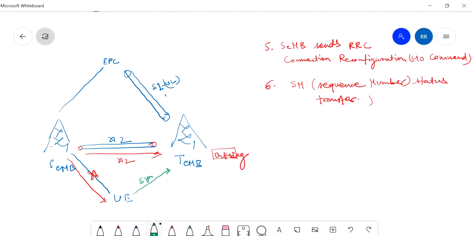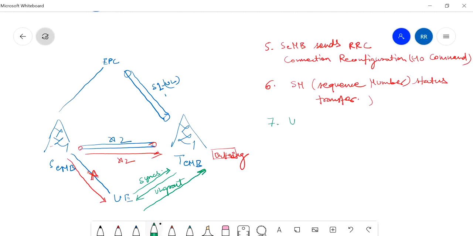Then after that, this UE syncs with the new target eNode B, and after that this uplink resources grant happens, and we can say that this UE now gets attached to this new target eNode B, and after that it sends the command RRC.